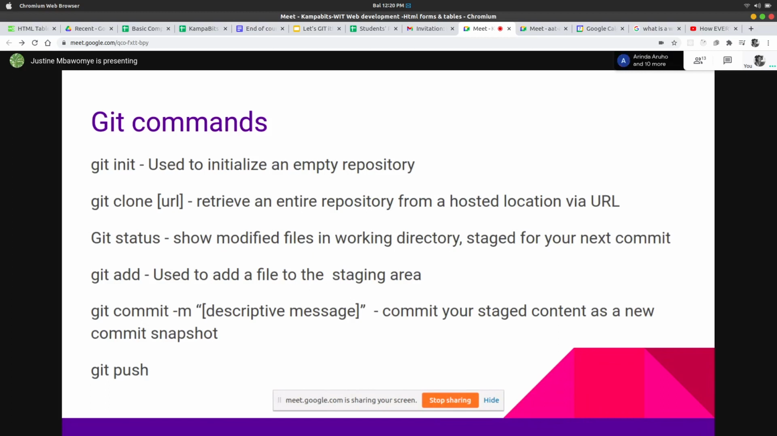So cloning is like duplicating a project. When you host your project on GitHub, or when you create a GitHub repository online, when you want to have that project on your machine, you always have to clone it to your computer. So they're telling us it will retrieve an entire repository from a hosted location via URL. So when you have a project already, or a repository on GitHub or GitLab or Bitbucket, you can always get it